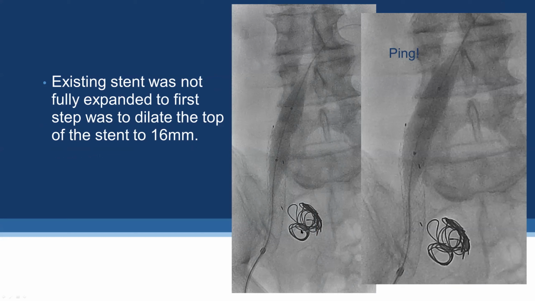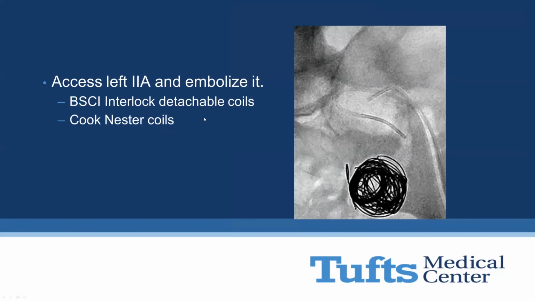The previous coiling was done by vascular surgeons, and they were on an austerity campaign. Tried to get into this thing from the right side, and many catheters and many attempts later, I said, oh, the heck with it. We went on the left. We were going in the left anyway. And this is a Simmons 1, that just sat right in there. And we actually embolized it through the Simmons 1. This is a combination of Interlock detachable coils and Nester coils.